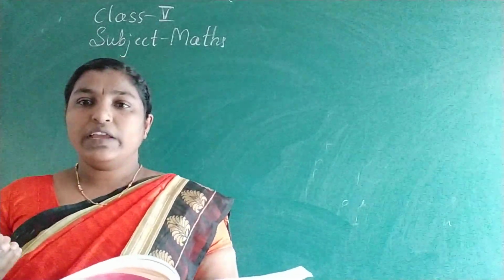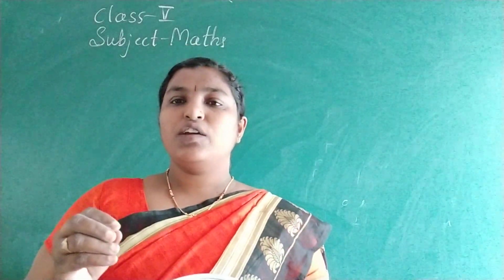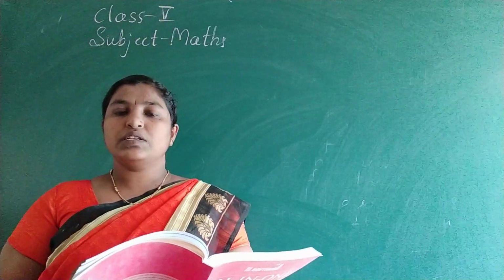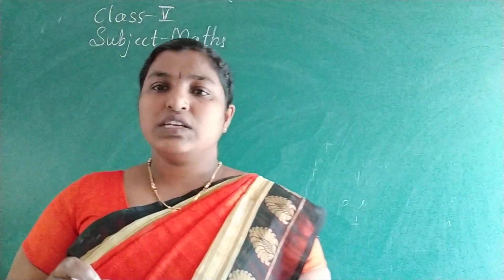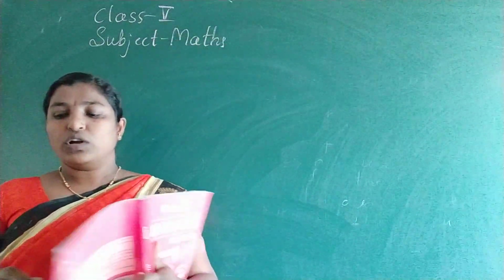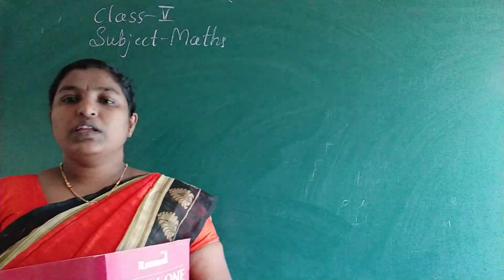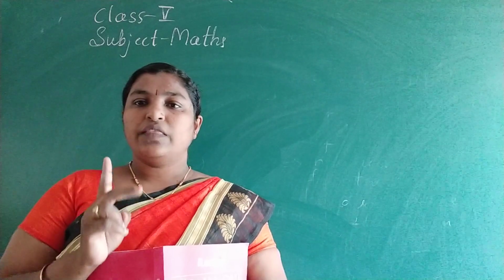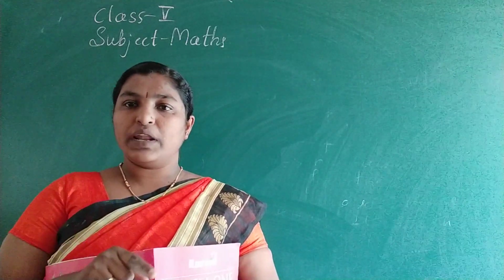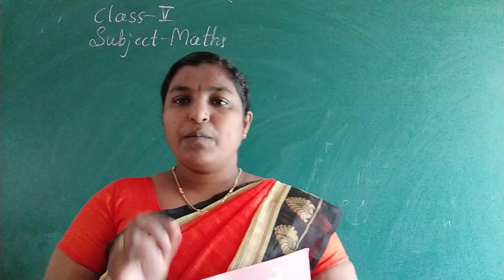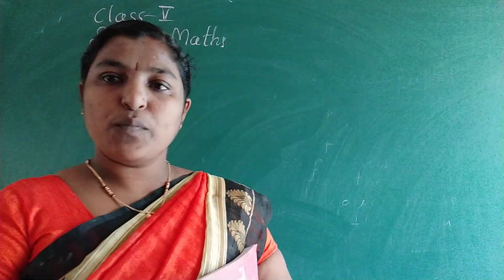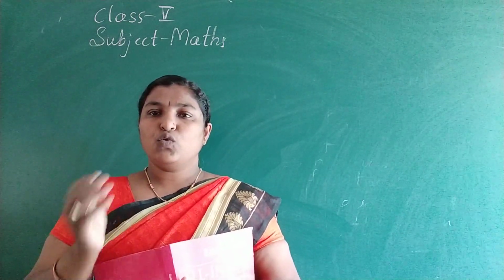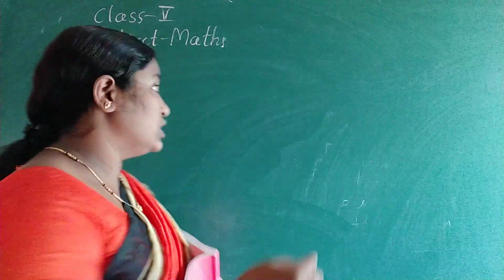Today, we will have a recall of what we discussed yesterday. Prime numbers and composite numbers, factors, multiples, these are all things we have discussed. So once again I will tell you what a prime number is. A prime number is a number which has only two factors, that is, one and the number itself. What is a composite number? A composite number is a number which has more than two factors.